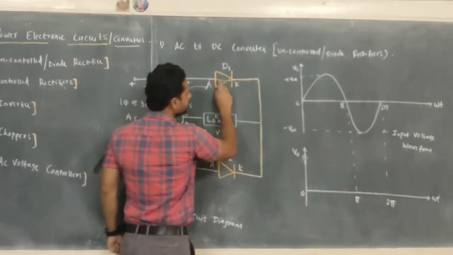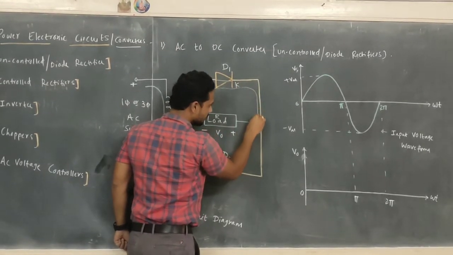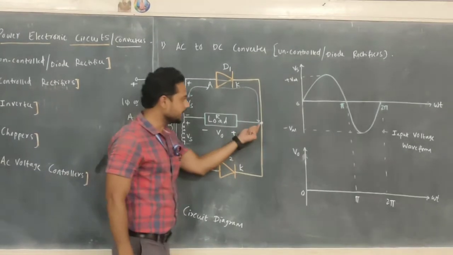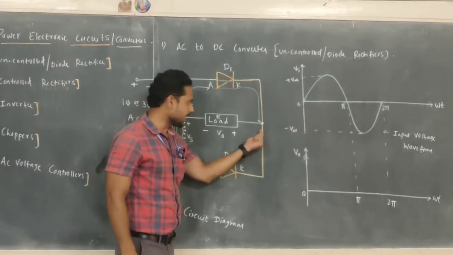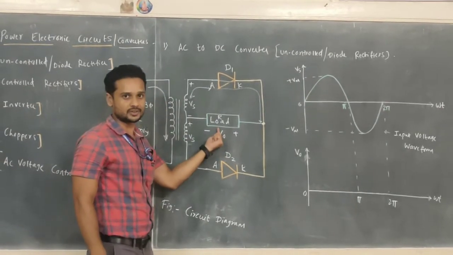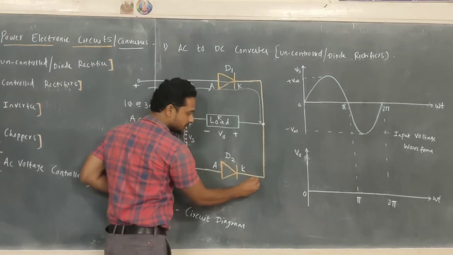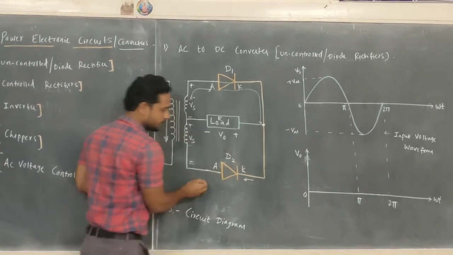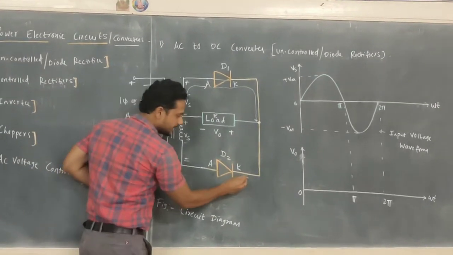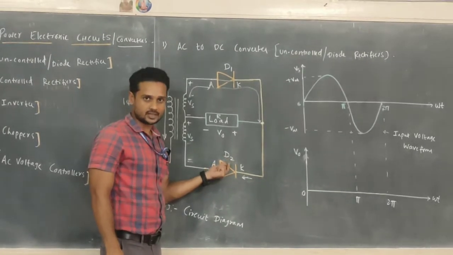Alright, now when current flows through this diode D1, it will flow in this direction and enter at this point. Now the current will find two paths here. Either it has to move in the downward direction or it has to take this left direction. Now if the current tries to flow in this downward direction, look at the direction of the diode placed here. Now the current is entering the cathode terminal of diode D2. This is not acceptable.